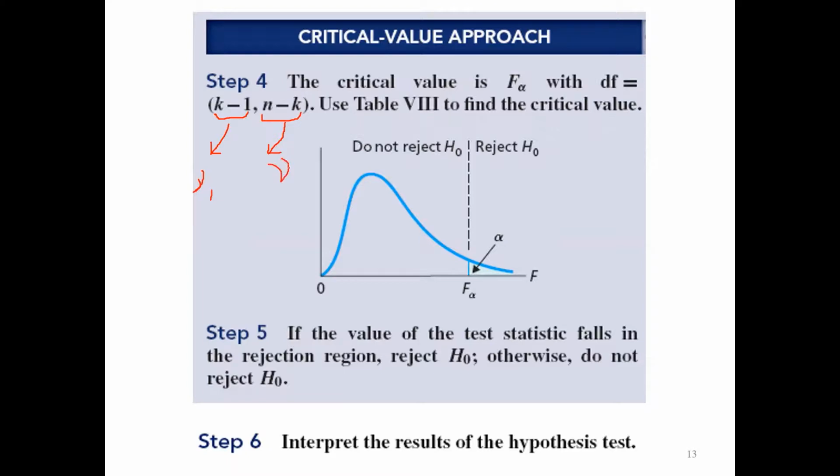Nu1, this is nu2. So by these two values, nu1 and nu2, we will get a value from the F table at the given level of significance. This point is referred to as a critical value, or the critical observation, or the critical point. If a calculated value or the observed value is more than this, the null hypothesis is not true. If the observed value of F statistics is smaller than this, we have to accept our null hypothesis. So this is the criteria for accepting or rejecting the null hypothesis.